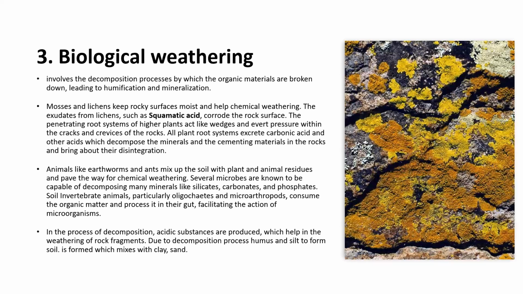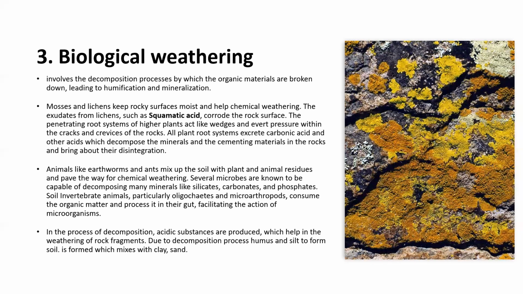Coming to the third very important type of weathering, and that is biological weathering. Biological weathering basically involves decomposition process by which organic materials are broken down, leading to humification and mineralization. In the corresponding picture, you can see on the rock a variety of plants and microorganisms are growing and they are bringing about the chemical changes. The physical and chemical weathering processes are basically accelerated by biological activities of the living organisms